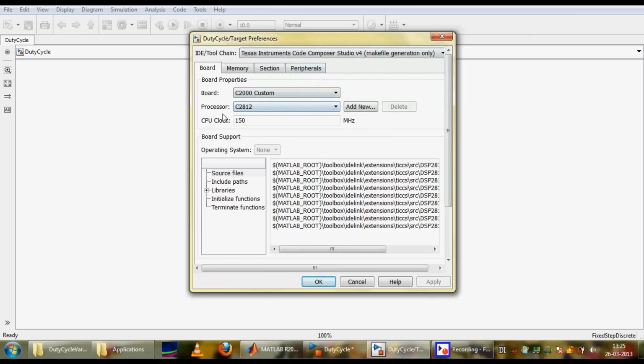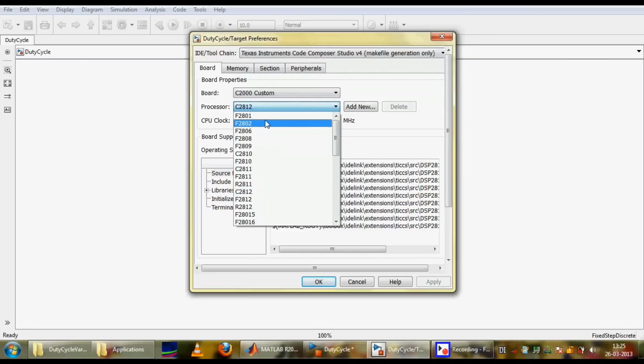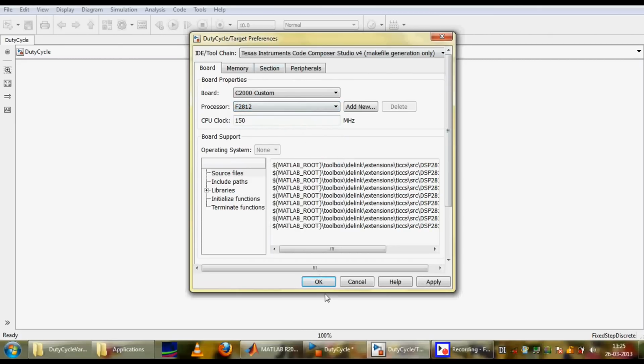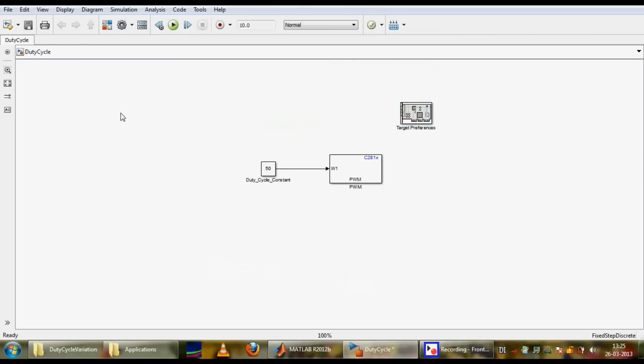I've selected my processor as C2012, which is wrong, so I have to select F2812. Okay, fine. This should give OK. After you're done, you can just press this button, or you can press Ctrl B. Just press Ctrl B,